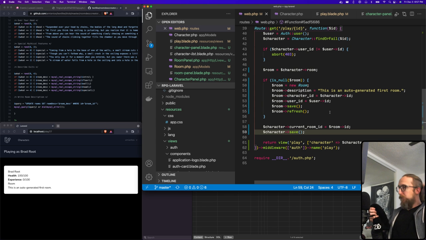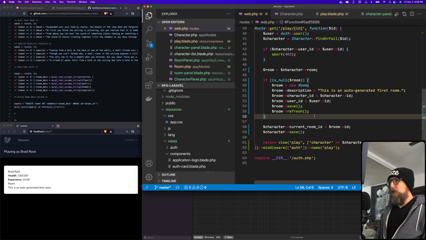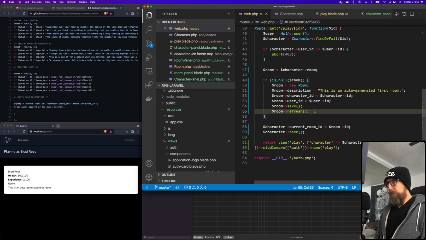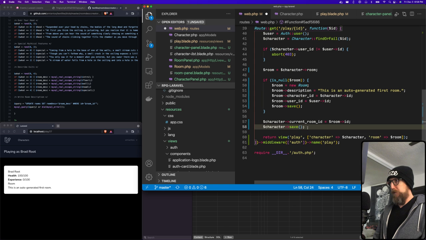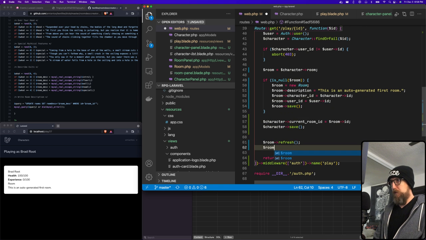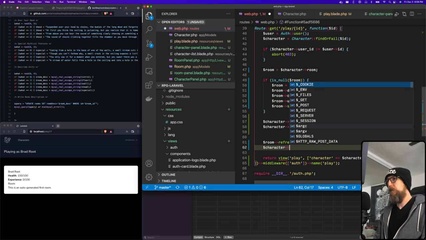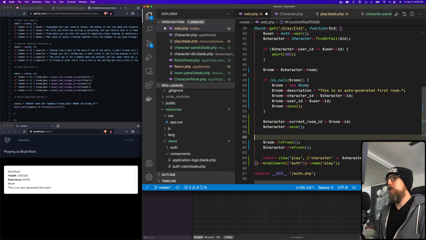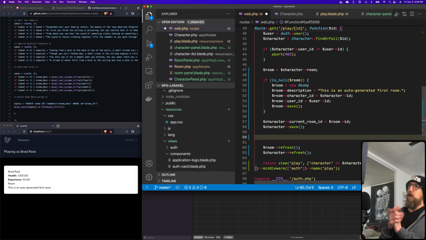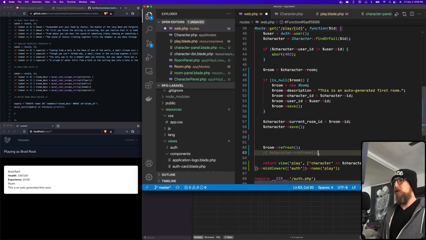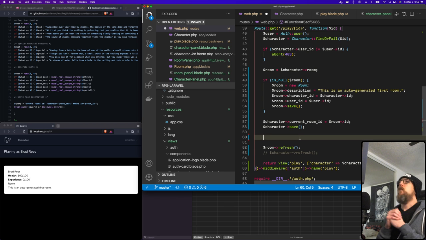So we created a room, saved a room. Now we need to generate rooms that come off of it, and then display those on screen. Before we refresh anything, we're just going to come down here. I'm going to refresh the models, because we're probably going to want to do that after whatever we do here. The character doesn't really need to get refreshed, so maybe I'll just comment that out for now. Okay, so we've created the room,